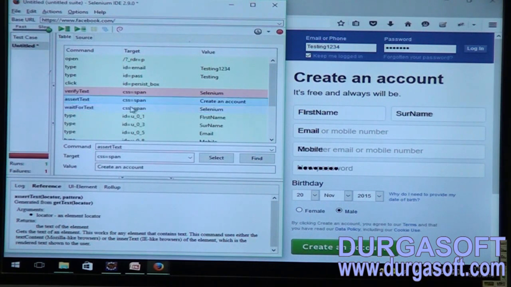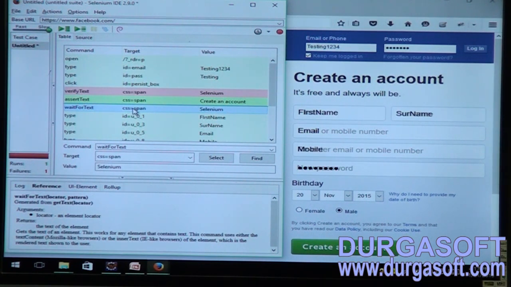But why do we require this wait for text? Basically, let us say for example, you want to enter some values in one of the applications, but your page is still loading. At that time, whatever script you have run is fine. There are no mistakes in it, but still you are going to get some error messages. Why? Because the page is loading at that time. The page is not fully loaded and your elements are not displayed. So that may be the reason that you have to hold the script execution temporarily for some time, and then you can easily execute the scripts.